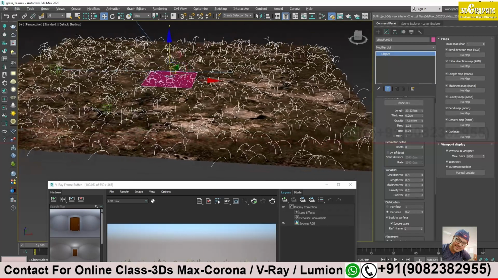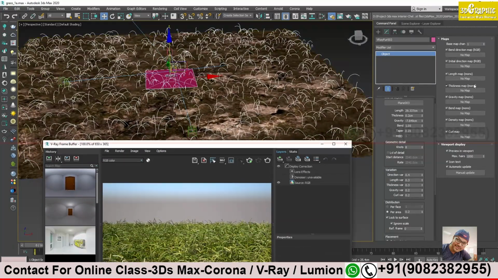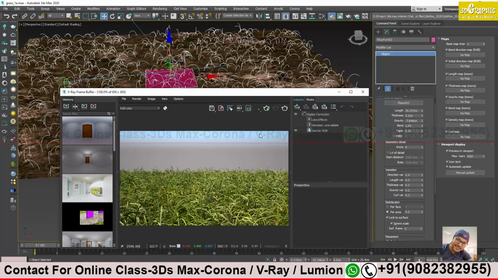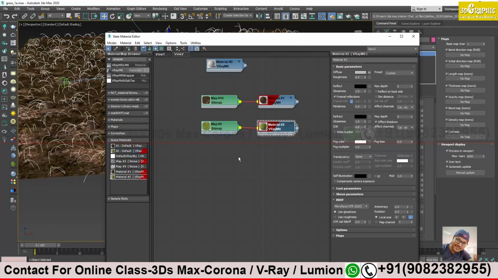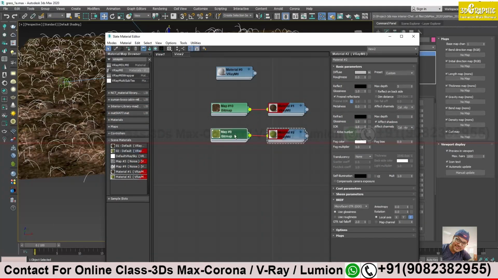Let's try something with the texture first, and then we try to change the apply map and change the length and the density over here. Let's go to material editor now. So to make this variation in material, now we use a mix map. I was experimenting with this. There is a mix map over here. I will take this. Now what is happening?